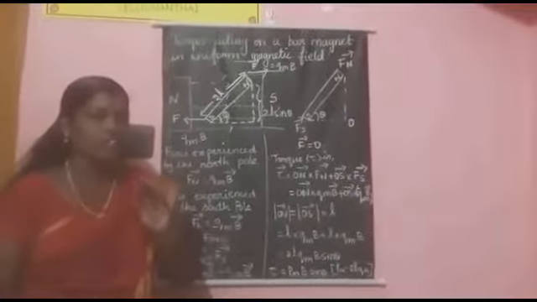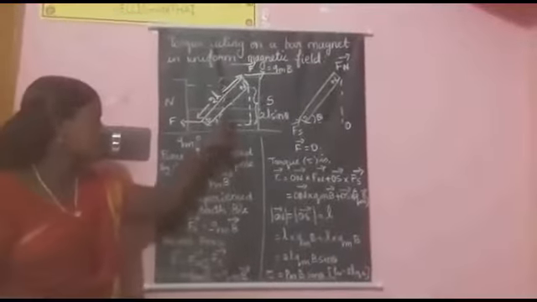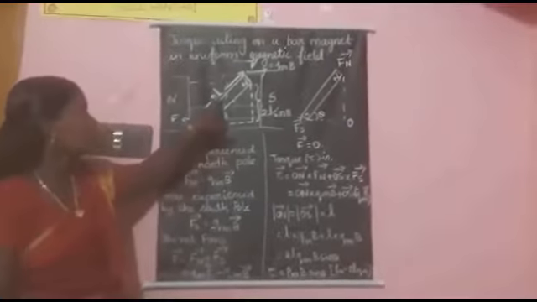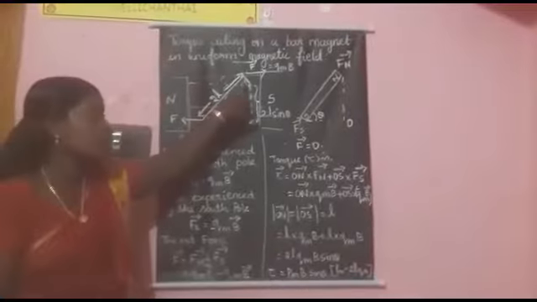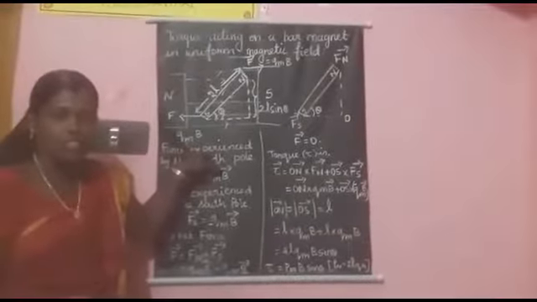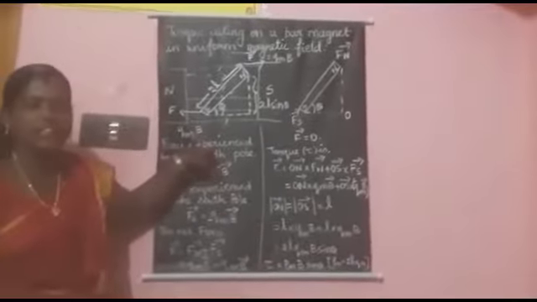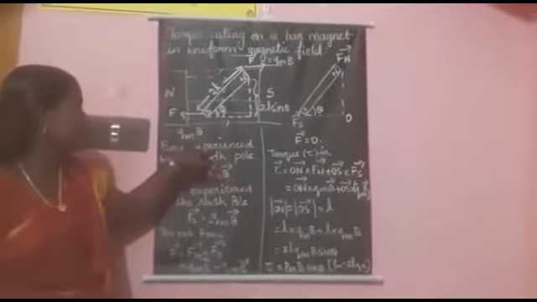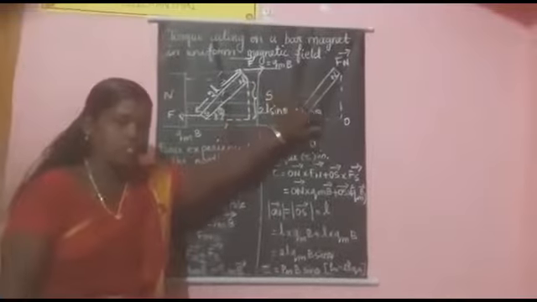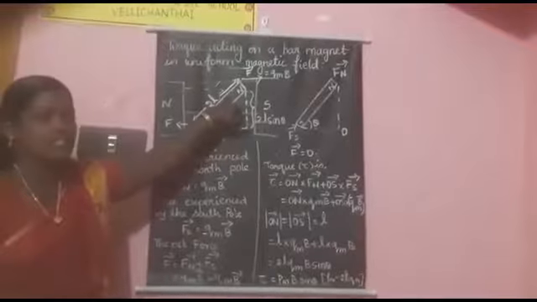What is magnetic field? The region around the magnet is called magnetic field. So now here one small bar magnet is placed like this. Okay, so 2L is the length between the two poles. Already we know qm is the pole strength, B is the magnetic field. The first end's magnetic pole strength is denoted by qm and the other end is also qm, same pole strength. So this length is denoted by 2L. So L plus L, 2L.